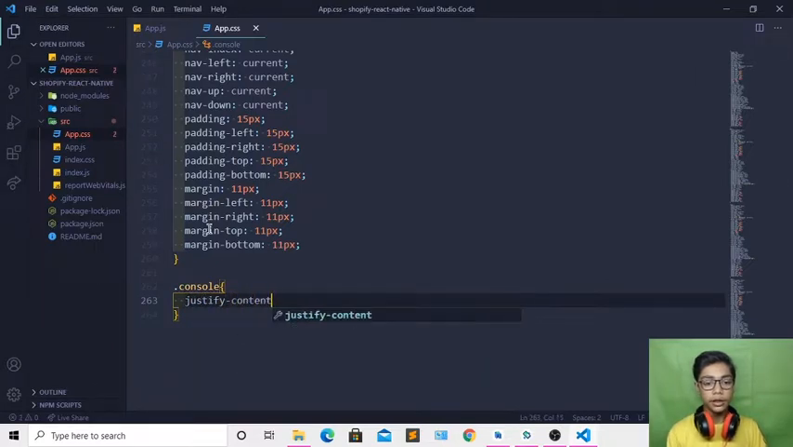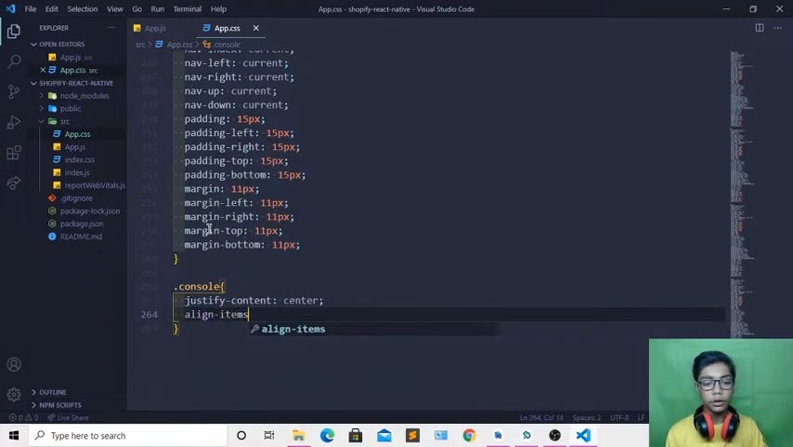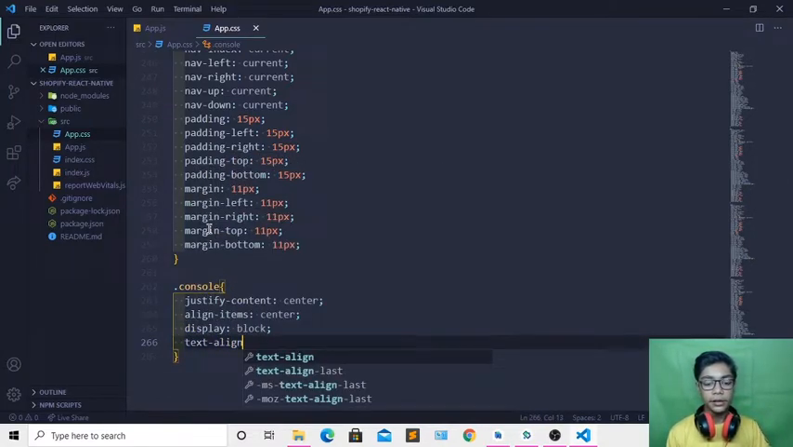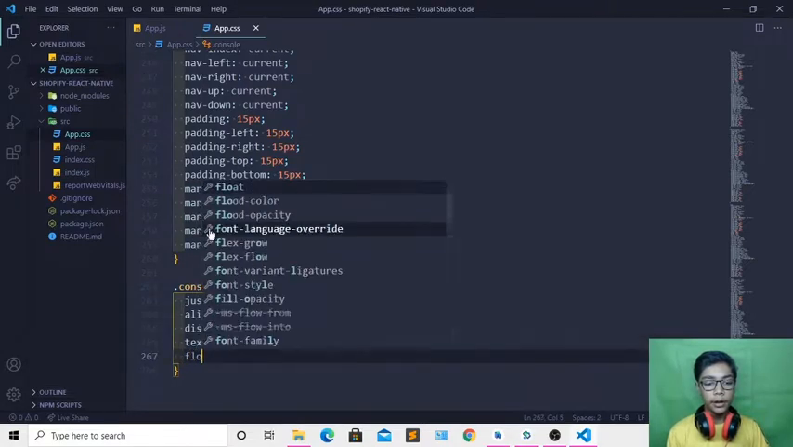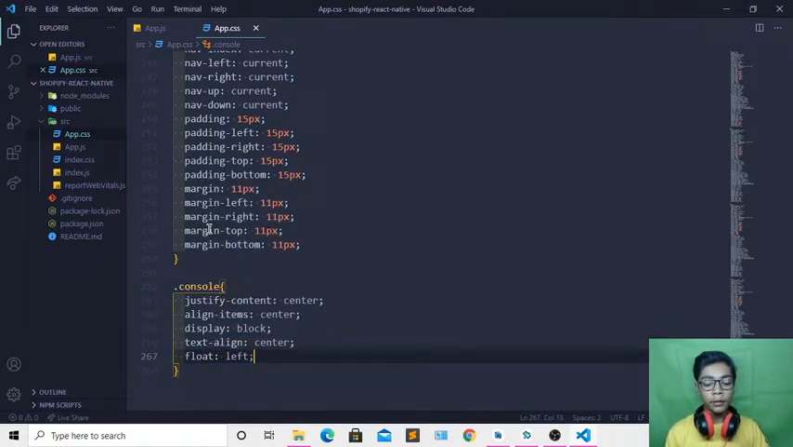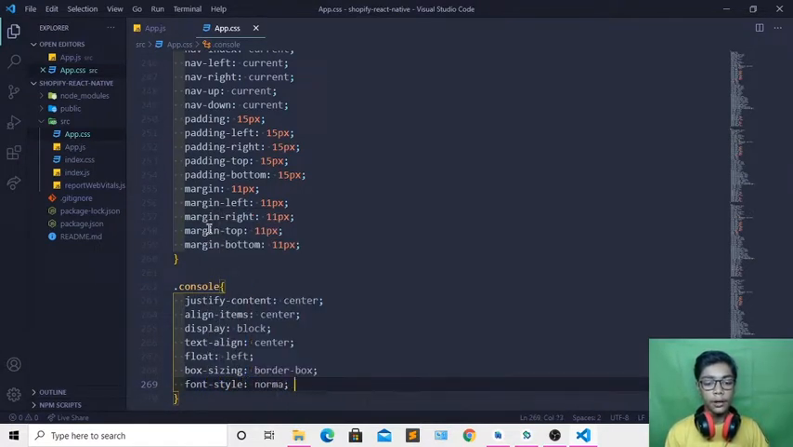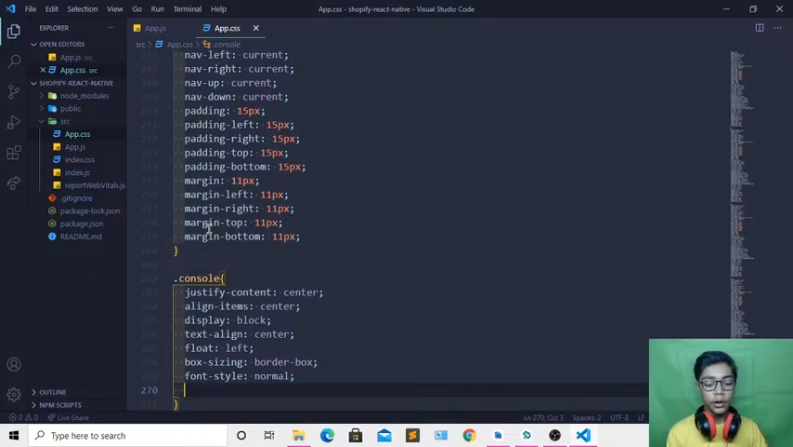Here I'll be changing that to center. And when you've written all of that, I will be closing that, creating align-items, which will be center, create display, which should be block, and also create text-align center, and I will be creating float left. And when you've done that, I will be changing that to box-sizing border-box, create font-style, which should be normal, and text-justify, which should be